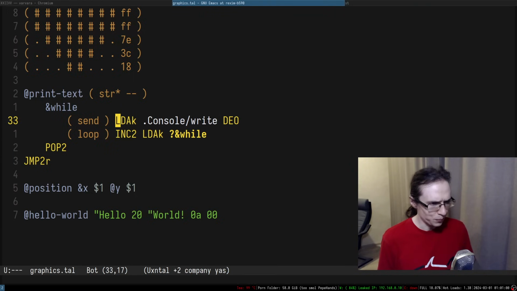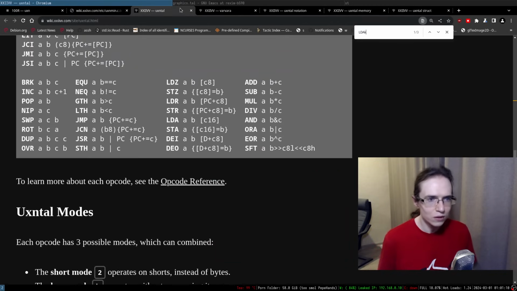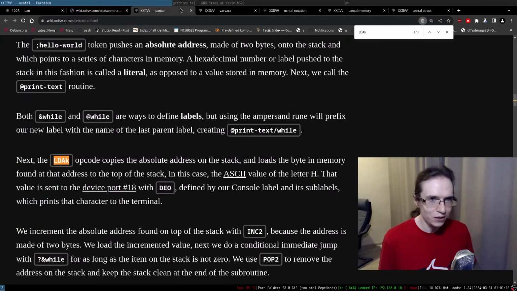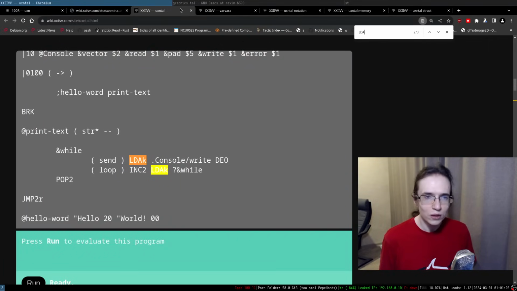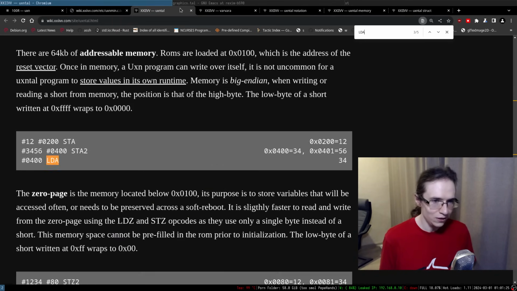We can load the position, but can I load it as 2 bytes? So there is an opcode load AK as, but is there load AK too? I wonder. What kind of variants of load we have? There is just LDA.